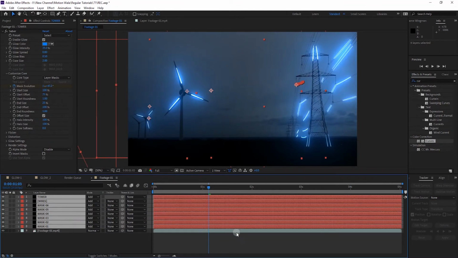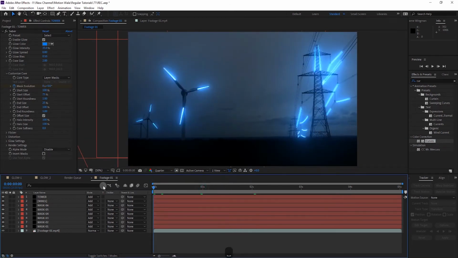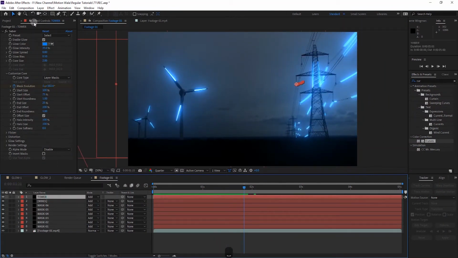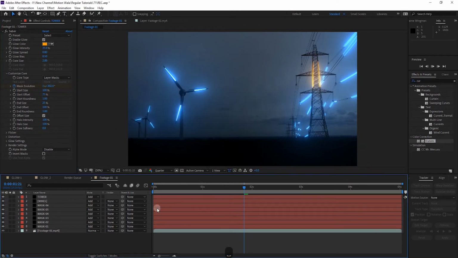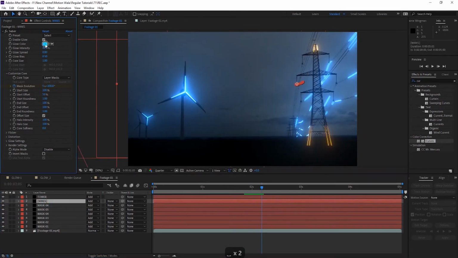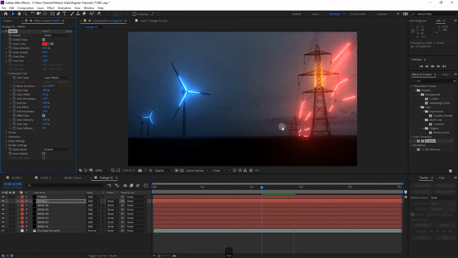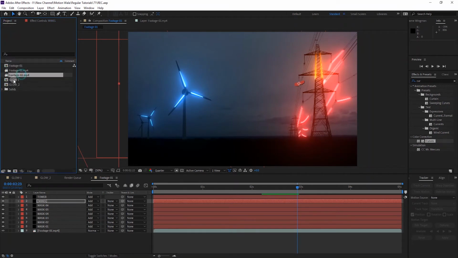So now you can see it's looking more good with add mode. If I play it quickly, you can see you can easily change color, you can do everything. Like I can change this color to orange, and I will change this color to maybe red. So you can do it depending on you. So let's forward to the second footage, and I will show you how you can trace.